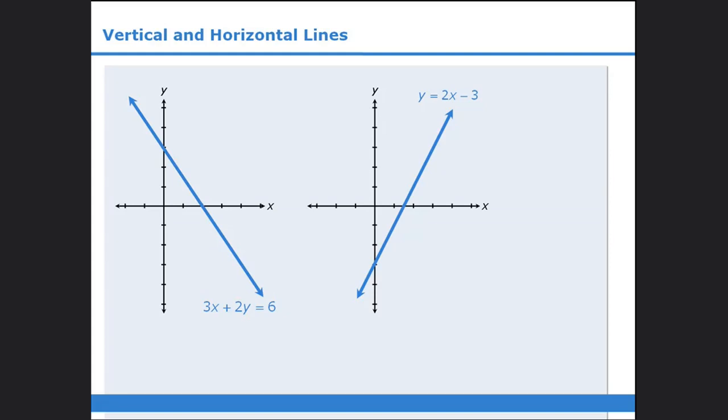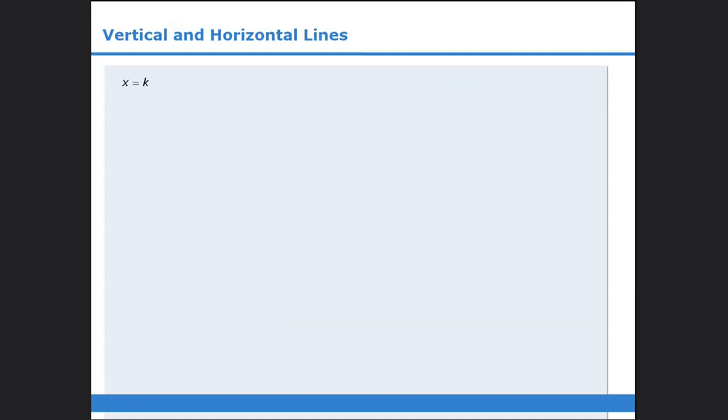In a previous lesson, we learned how to graph lines such as the ones shown here. Notice that these equations include both an x variable and a y variable. In this lesson, we will examine the lines that correspond to equations that have only one variable. So we will examine equations in the form x equals k and equations in the form y equals k, where